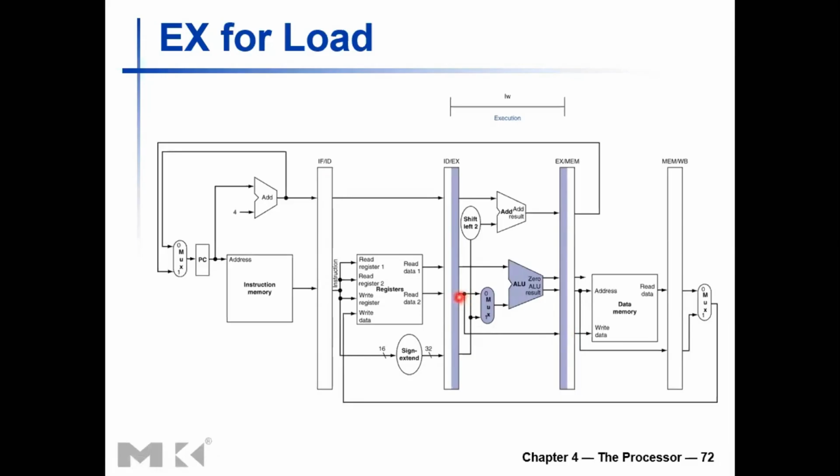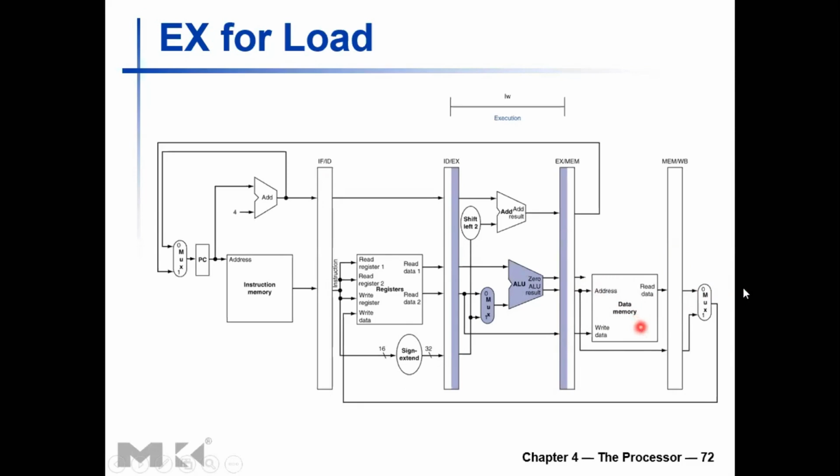That is, if this needs to be written into the memory by a store word instruction, which we will see shortly, right? So all those information and any control signals relevant to the devices in the following stages: